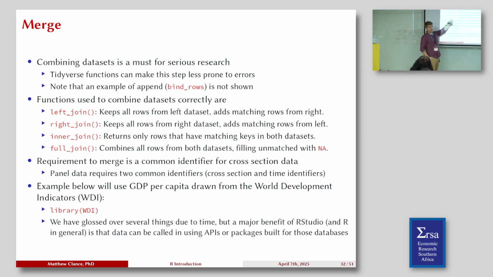We could also do bind rows, but the reason I'm not showing an example of that is because it's what we refer to as appending. Basically, you have two data sets from maybe two different sources, but they have the same variable names and things. We could just plop it down at the bottom and say it's additional years or something else. And we call that an append. We're just plopping it at the bottom or top, however you want to say it.